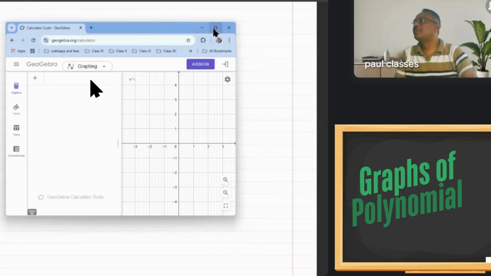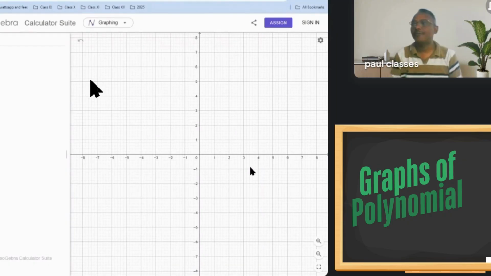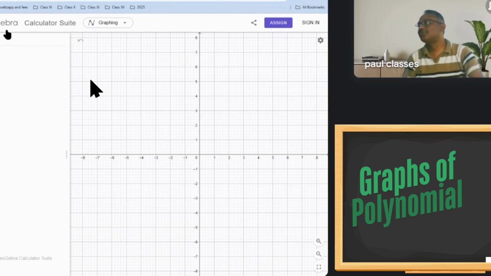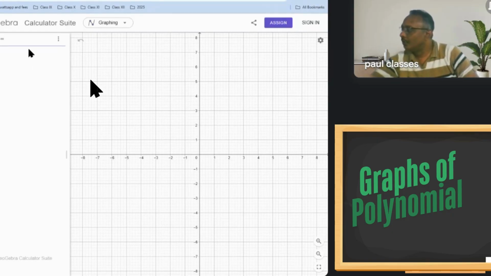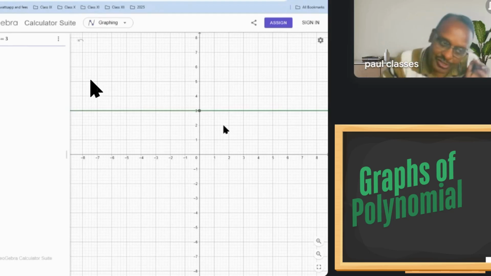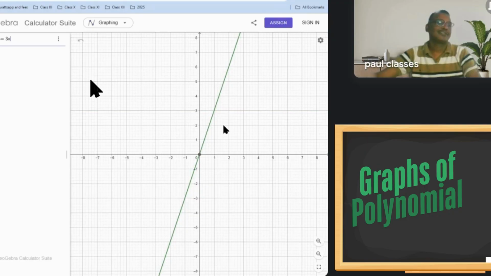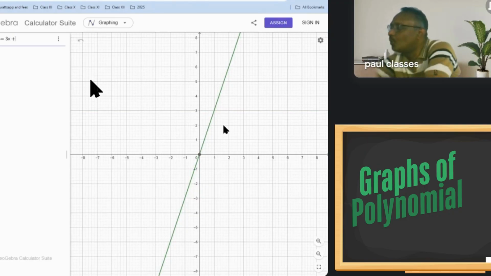Graph. There is a software called GeoGebra. Okay, all of you, it's a free download. So, the GeoGebra software. I put y equal to, can you see an x-axis here, a y-axis here? Suppose y equal to 3. Look, the graph is made. Right. How many times is it intersecting the x-axis? 0 points, so degree 0. If I put 3x plus 1,